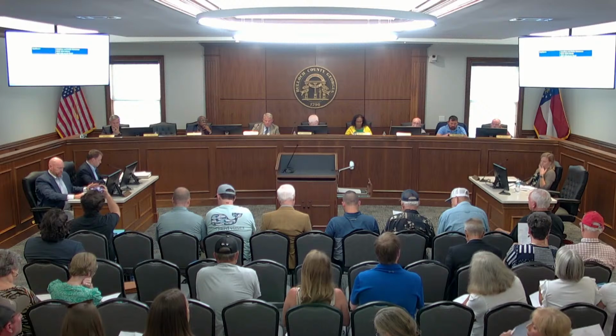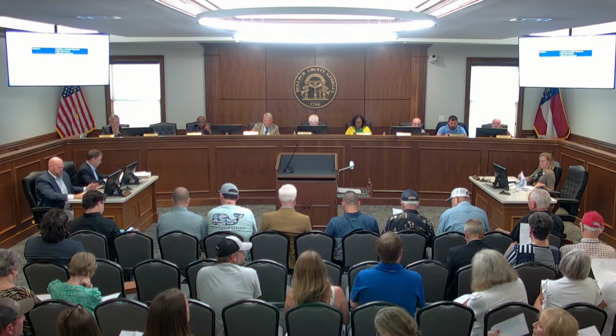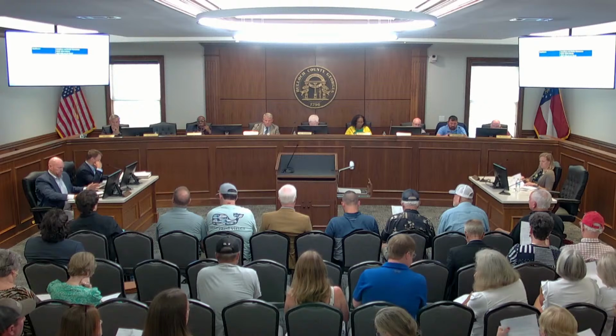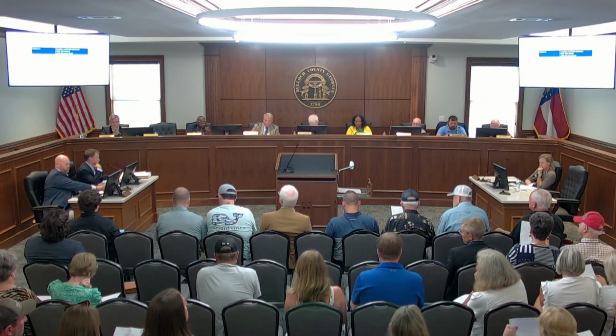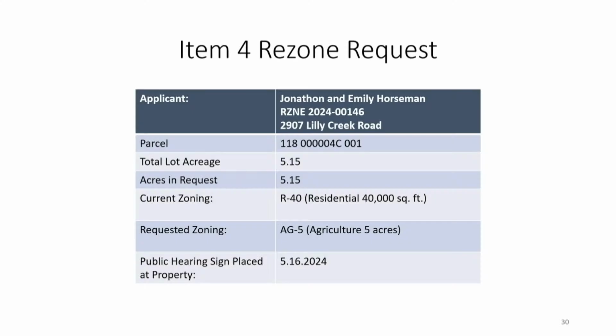The application was made by Mr. Jonathan and Ms. Emily Horseman, and the purpose would be to place a manufactured home on the property, which in the R40 zone would have to go through a conditional use, with additional cost and things like that. It was suggested that he could zone it to Ag 5 to be near like zoning and not have to go through the conditional use.